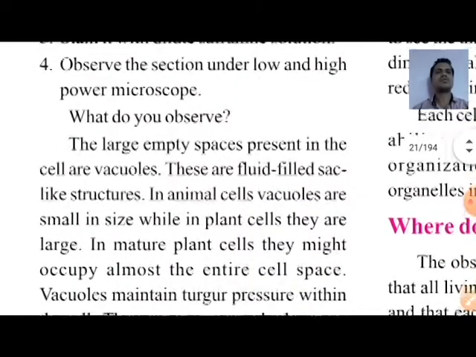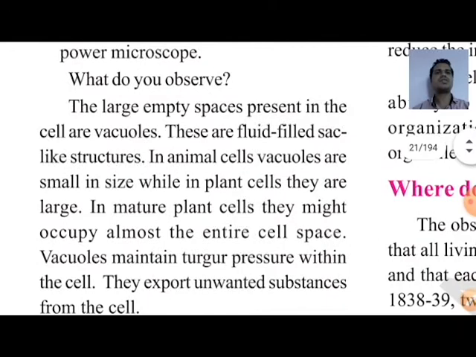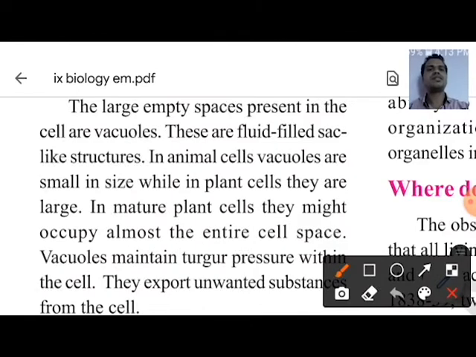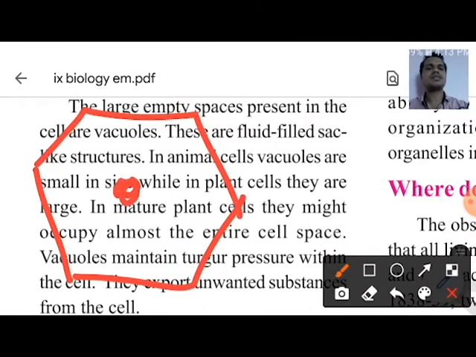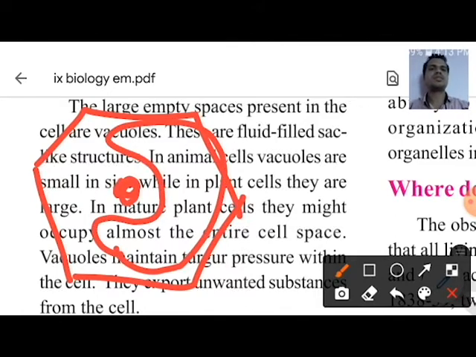Now what did you see? You can see a large space present inside the cell, that is called a vacuole. Now what are all these things? If you see the plant cell, inside the cell this is the nucleus, and here you can see a very large balloon-like structure. This is called a vacuole. Now here in the torch cactus you can see some small balloon-like structures that are helpful for storing oil, or gases, or sometimes water.